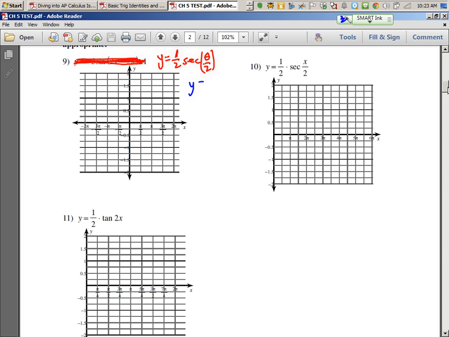And you might want to write this as 1/2 secant of 1/2 x. See? Okay, so what do the halves mean? Well, the first half on the outside means vertical compression. And this half on the inside you'd think means horizontal compression, but it means horizontal stretch. Remember we said it's counterintuitive. Okay, so we have to perform a horizontal stretch and a vertical compression at the same time, or we just